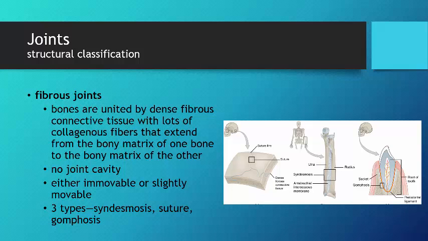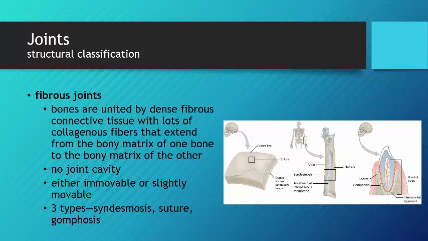All right, so fibrous joints, these are joints in which the articulating bones are held together by dense fibrous connective tissue. And so that means that there's lots of collagenous fibers that extend from the matrix of one bone and across the joint and then embed in the matrix of the next bone. And so it is the strength of those collagenous fibers primarily that hold the two bones together. These don't have a joint cavity,